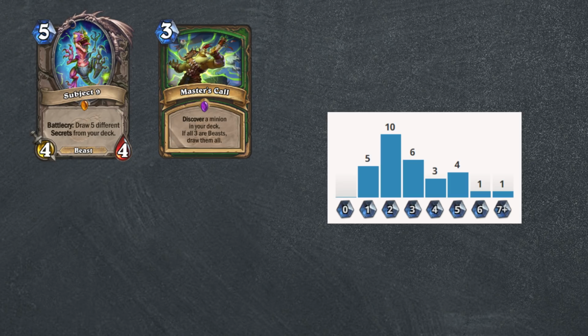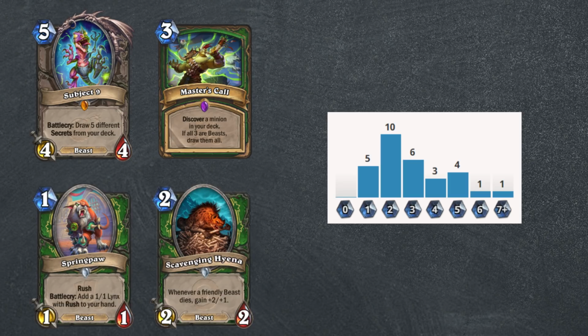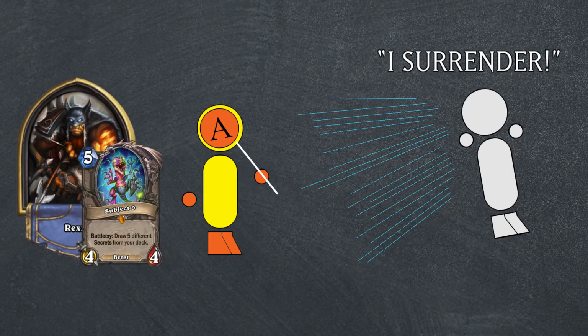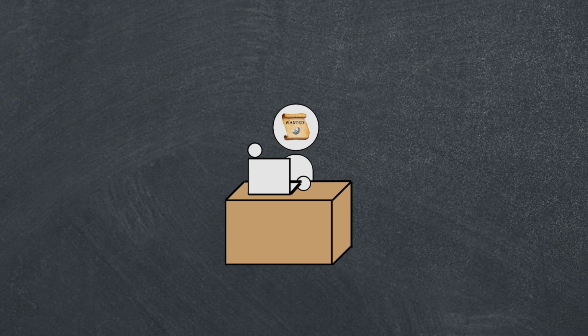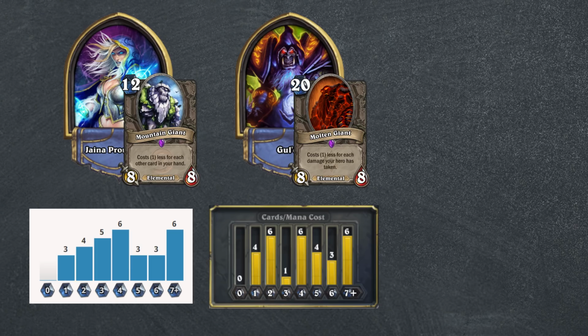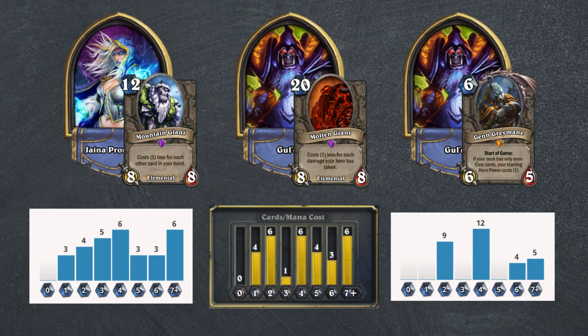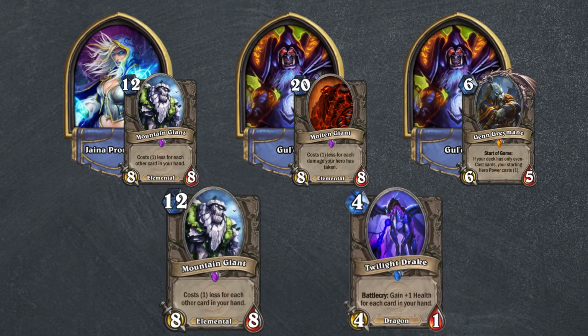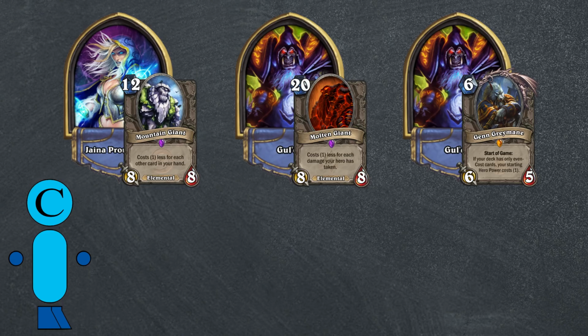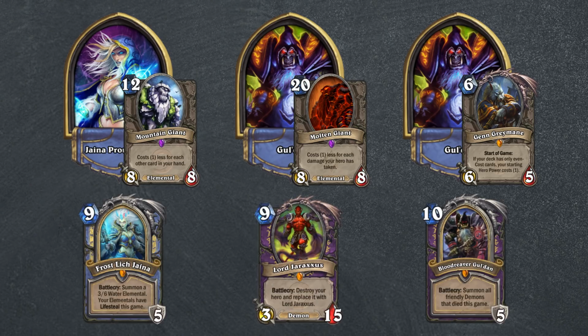That on top of Master's Call allows this deck to sometimes be so fast you would be forgiven for mistaking it for aggro. However, card draw can also make decks slower as well as faster. Take Elemental Mage, Old School Handlock, and Evenlock as examples. At heart, these are mid-range decks, but thanks to their employment of Mountain Giants, they're incentivized to build up their hands. This would limit their ability to rush down control, but that's where each deck's hero card fits in to